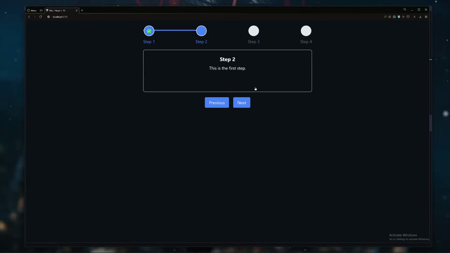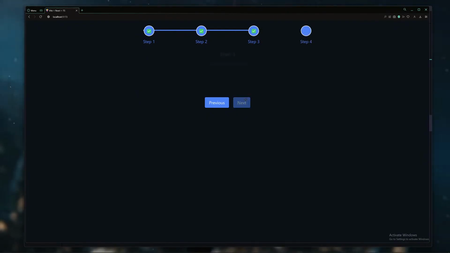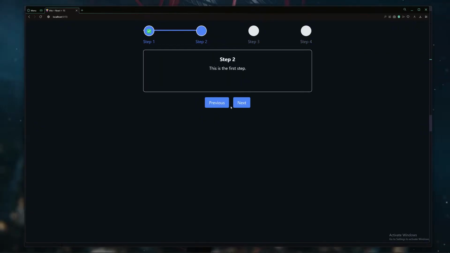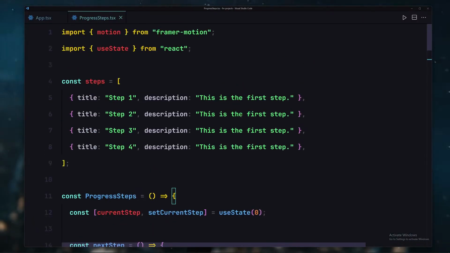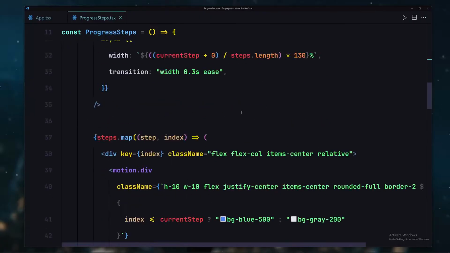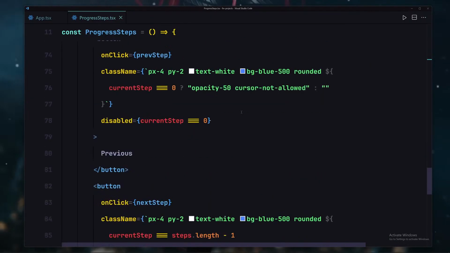If I click on there once again, the content will totally update, the description will totally update, we're going to be getting an animation, and also this line will cross out to the next step. If I go ahead and click on there once again, we're now getting that same animation, which is looking cool. So yeah, that's an amazing project. And it was a lot of typing, I know, trust me, that was a lot of typing. So yeah, that was our basic, or not a basic, but our advanced level